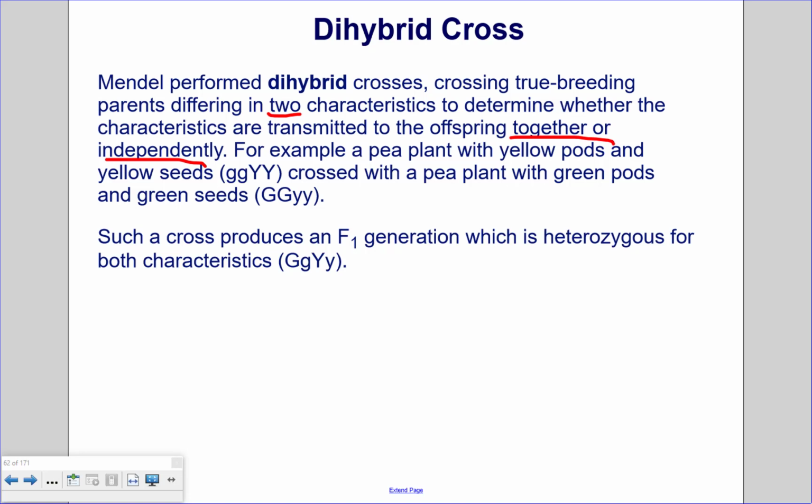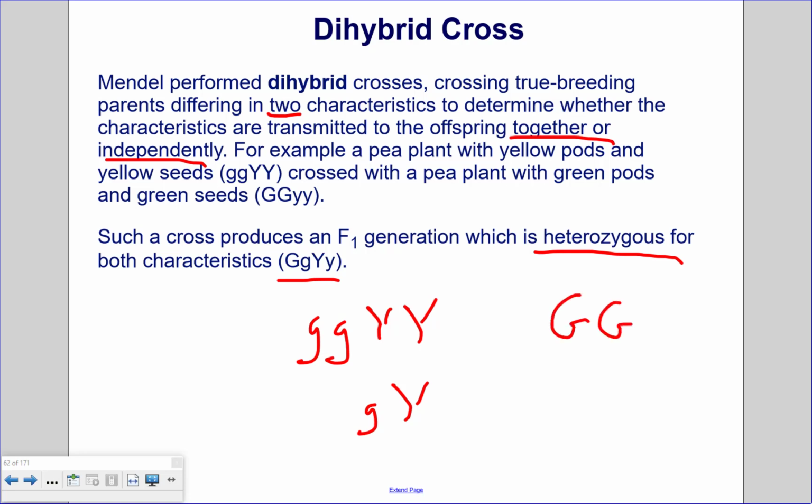Such a cross produces an F1 generation which is heterozygous for both characteristics, big G, big Y. We could see this because in each parent, they can only give up one allele for each of the traits. So the parent that has little g, big Y, can only produce gametes that are little g, big Y. And then the other parent that is big G, little y, can only produce gametes that are big G, little y. When we cross these two gametes together,